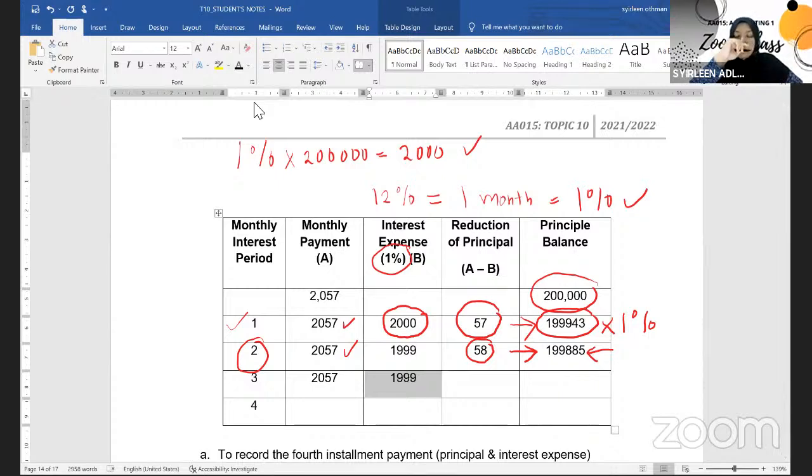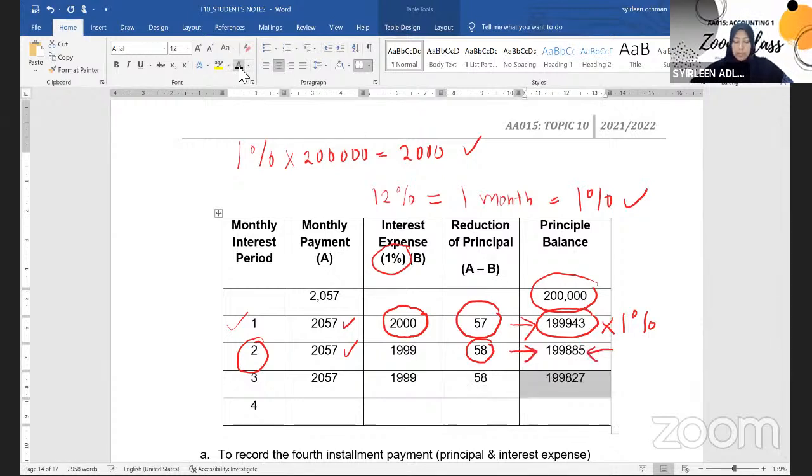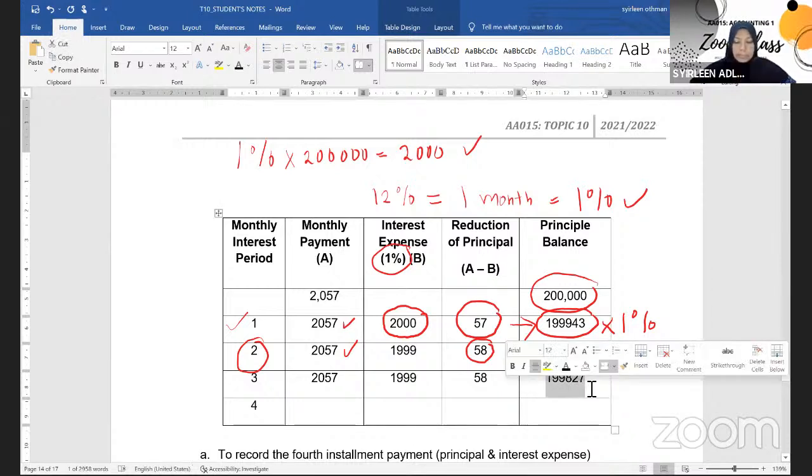So we are going to take that figure as RM1,999. Okay, so samalah. So the third month your principal is only RM58 saja yang kita bayar. So that leaves you with a balance of 199,827 ringgit worth of principal. So selepas bayaran kali ketiga, okay, baru gerak 115 and then tambah lagi 58, baru gerak RM173 saja